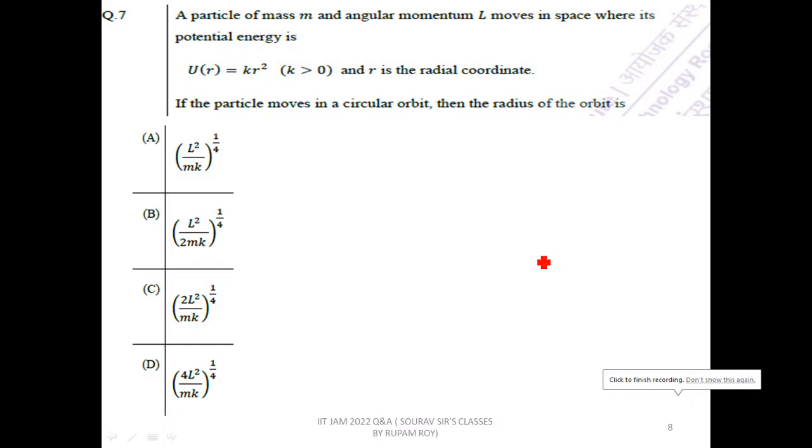Question 7. A particle of mass m and angular momentum L moves in a space where its potential energy is U of r equal to k r square, where r is the radial coordinate. If the particle moves in a circular orbit, then the radius of the orbit is what? So here the particle is moving in a circular orbit like this,